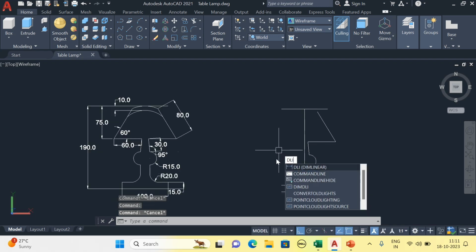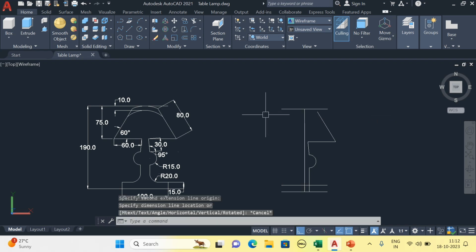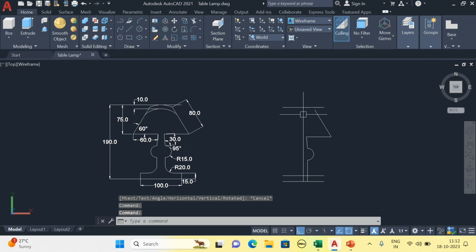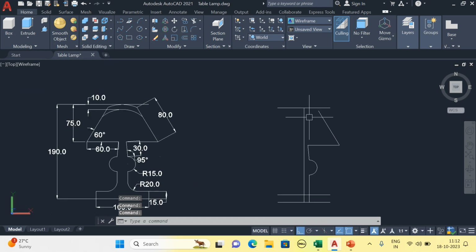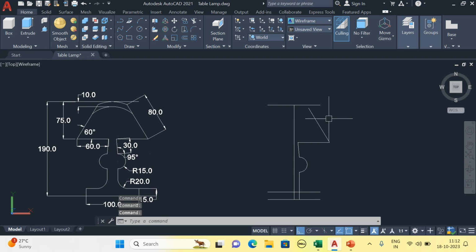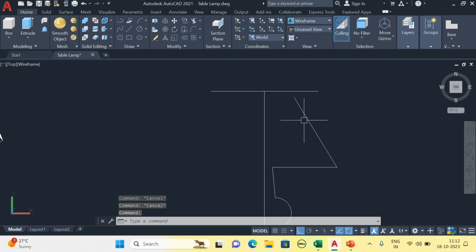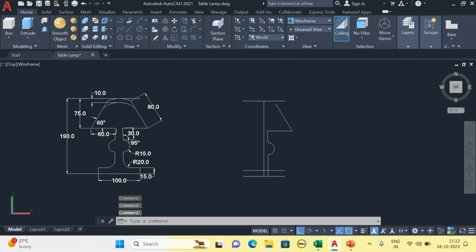Now what you can do, see, from this base up to here it is 190, okay? So we have drawn up to here. After that, see what we have to do here now. Okay, so see what I am doing now. Use the arc command here. Otherwise what you can do, just